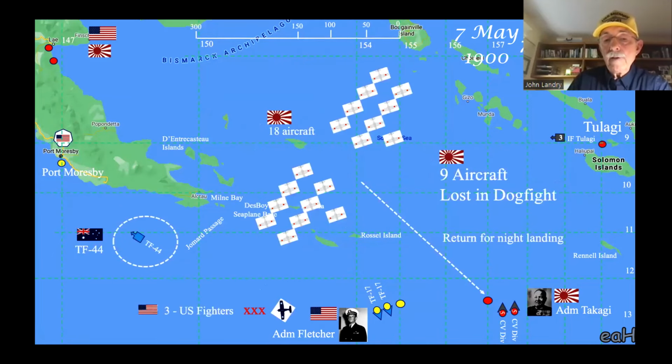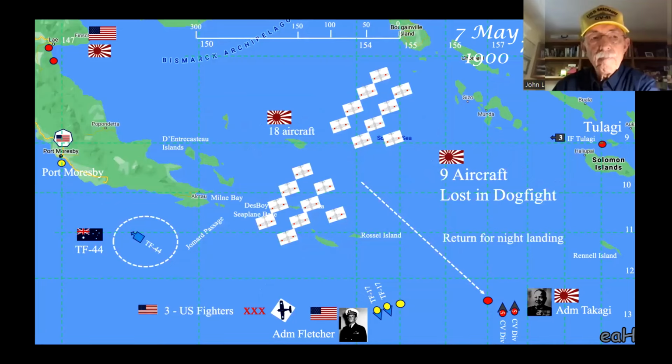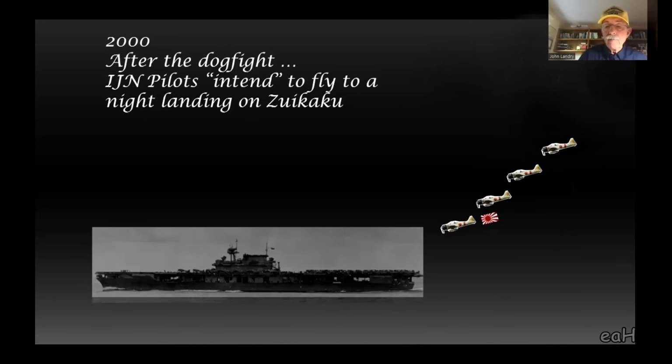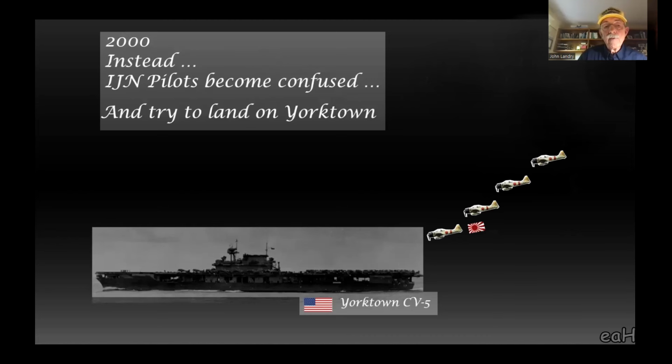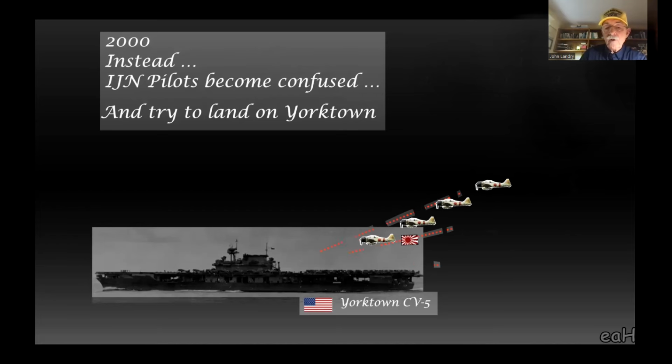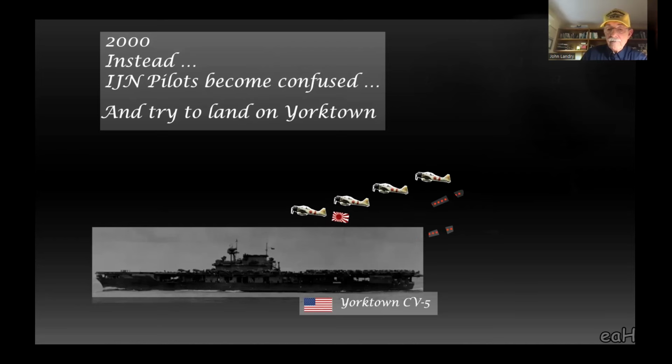when the 18 aircraft that are left head back to their carrier force, this is nighttime, 8 o'clock in the evening, they are looking to fly back to a night landing on the Zuikaku. However, they try to land on the Yorktown, of all things. And of course, the Yorktown starts opening up with their anti-aircraft. Japanese fighters get the message